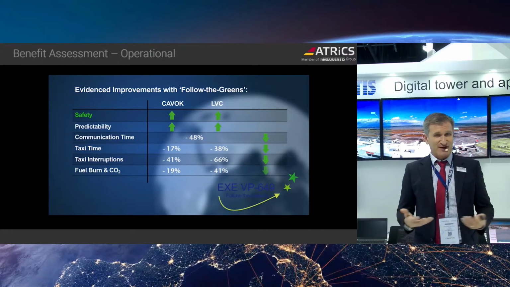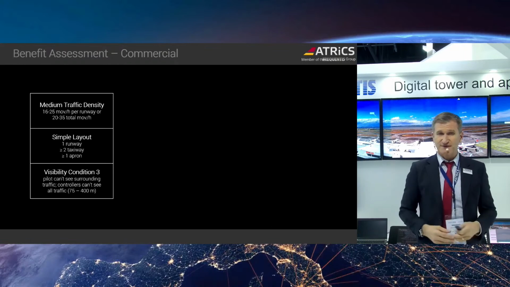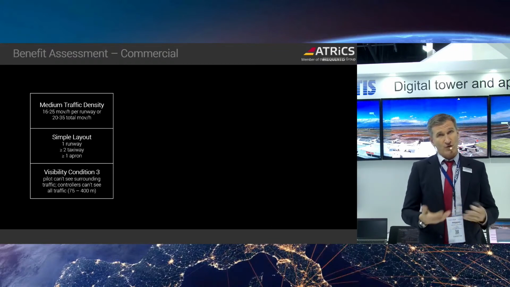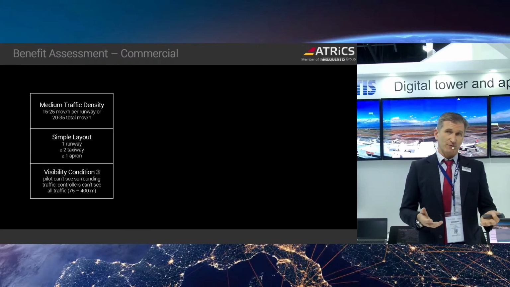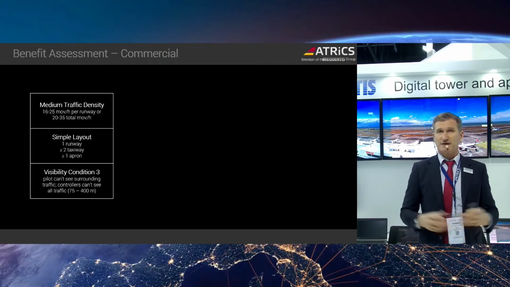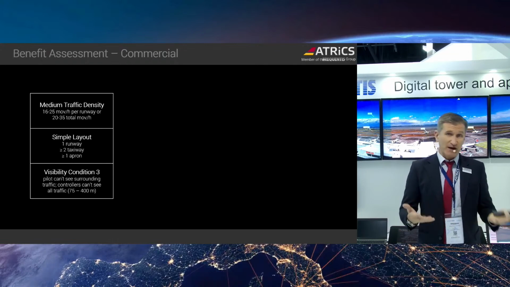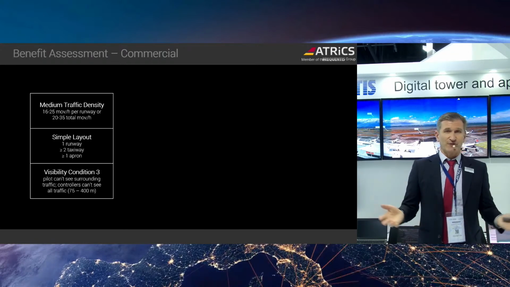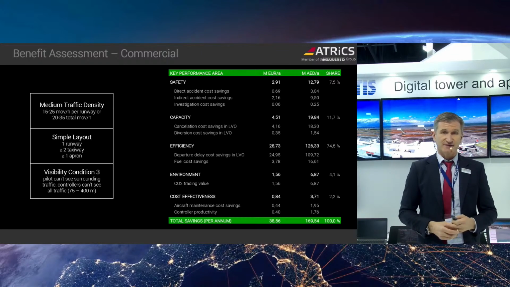And what is this now in terms of commercial benefits? Of course, we looked at, let's say, a medium-sized airport, medium traffic density levels according to ICAO classification, a simple layout, just one runway, more than 2 taxiways, and more than 1 apron, but operating under Cat 3 conditions, for example, where the pilots have to be supported because the visibility might get quite low. And we assume 10 days of low-vis operations a year, which is not that much. We have in Europe sometimes 30, 40, 50 days, and other countries might be less, but 10 I think is a reasonable assumption.